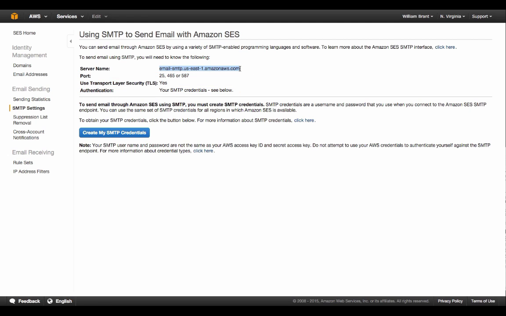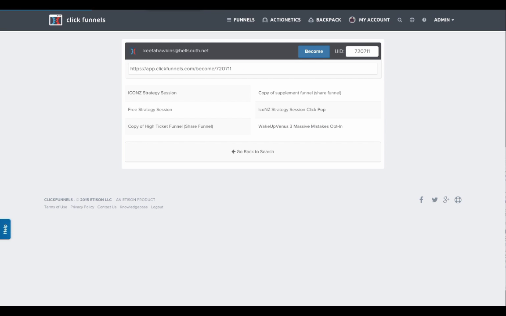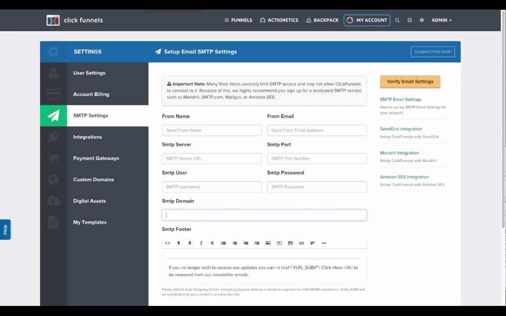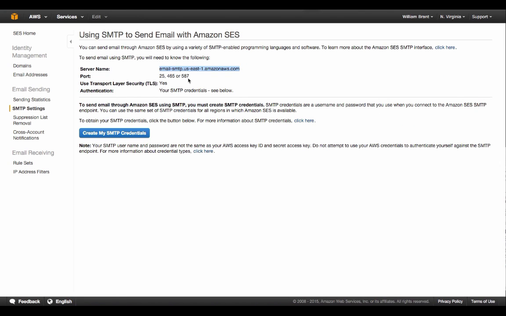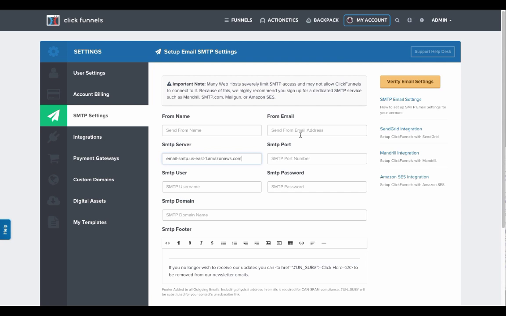I'm going to copy this. I'm going to go over to ClickFunnels. This is my server. Port 587 is the one that works for me. I'm going to add these. So it could be